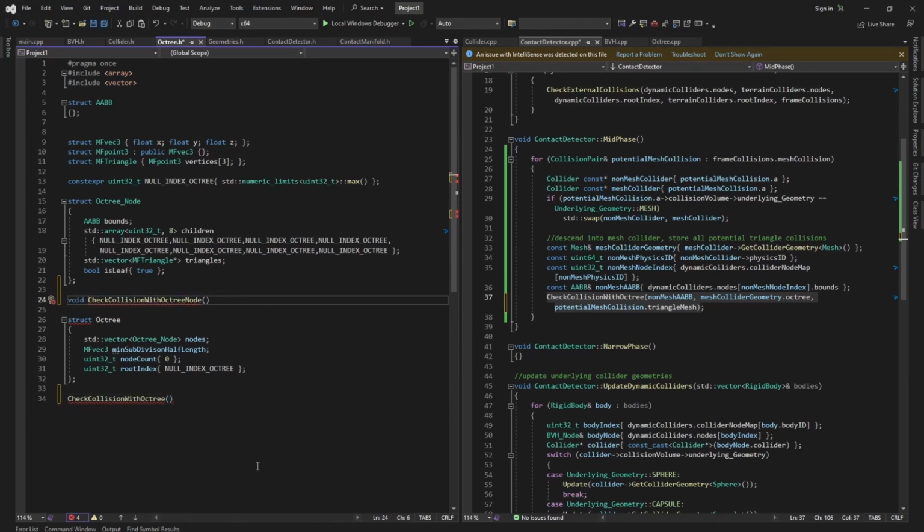To check the awk trees, we'll begin by calling check collision with awk tree. And we're going to send it the AABB, the awk tree, and then the container to store potentially contacting triangles. And then that function will build up a list that dispatches into this function to check the children